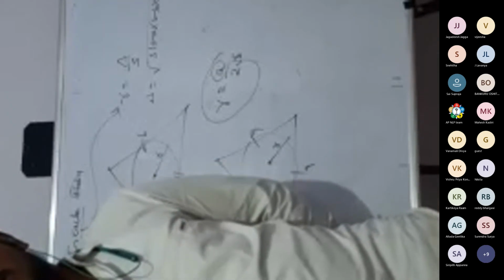Then if three circles touch each other, the area of the shaded part is 0.162 r square. If four circles touch each other, the area is 6/7 r square. What is the circumference of the semicircle? 36/7 r. Right. Then circumcircle radius means the circle around the triangle, that is bigger R. For a scalene triangle, R equals abc by 4 delta. For an equilateral triangle, all the sides are equal, that is a by root 3.